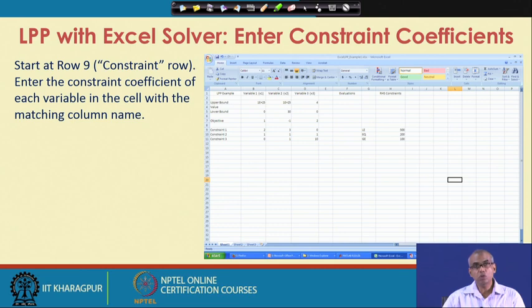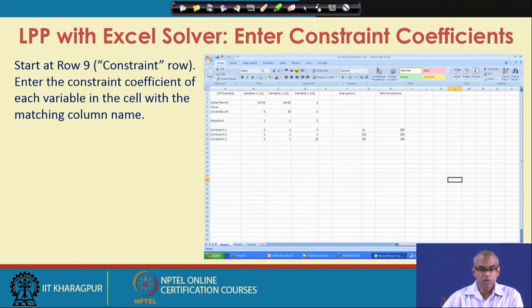Now we have to enter constraint coefficients. As of now, we have entered the variable names, then we have entered the upper bound, lower bound and initial guess for the values. Then we have entered the cost coefficients of the objective function. Now we have to enter the constraint coefficients.